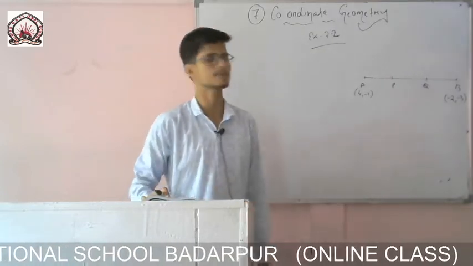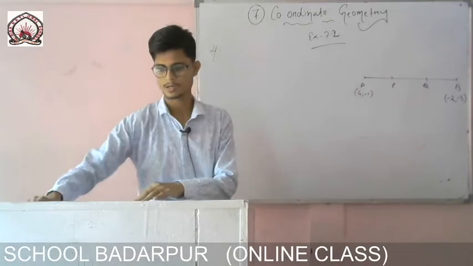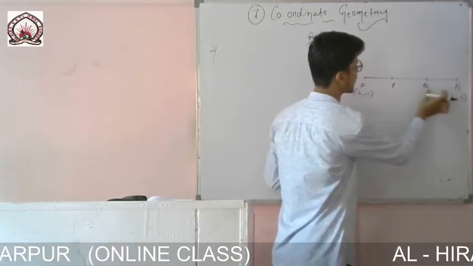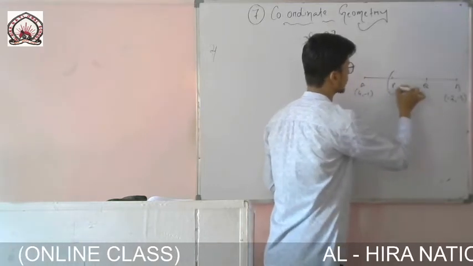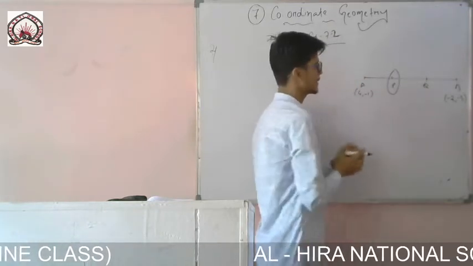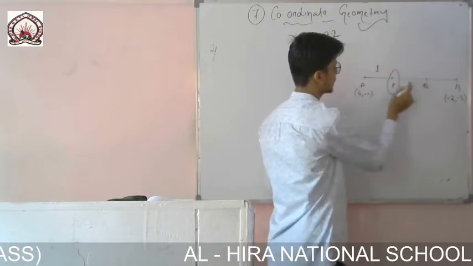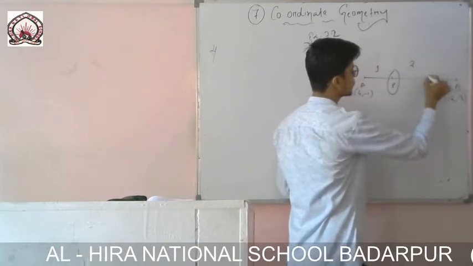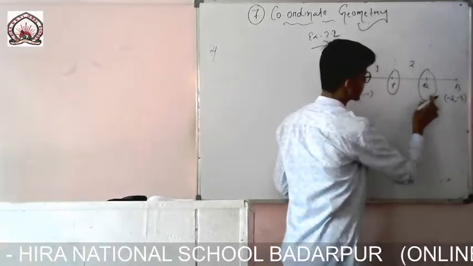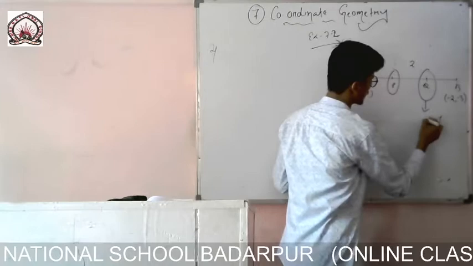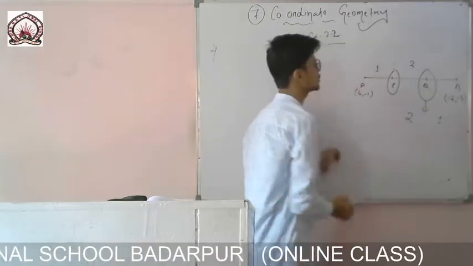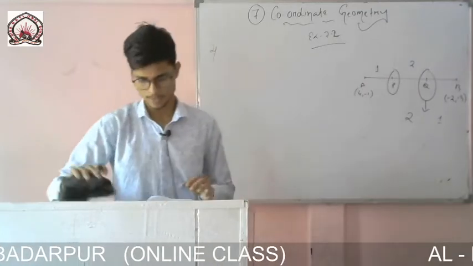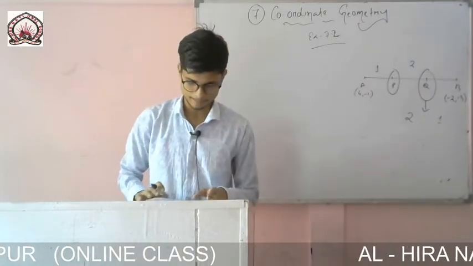The ratio here is not given, so first of all you have to assume it. You see here how many parts are there: 1 part, 2 parts and 3 parts. So if I take P first, then how many parts here? It is 1, and there how many? 2. So 1 is to 2 I can write. If I take Q, then for Q this part is 1 and there it is 2 parts. So for Q it will be 2 is to 1, and for P it will be 1 is to 2. So we have got the ratio. Now we'll solve it like earlier.